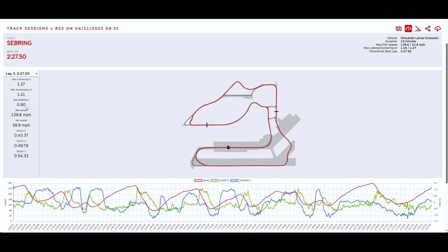I was honestly pretty timid with the brakes. That was one thing that I was worried about with the Evo, that I was going to overcook the brakes and lose brakes. Max speed almost 140 miles an hour. That's going to be down this back straight. And anyways, these are just some sectors. So let's go through some of